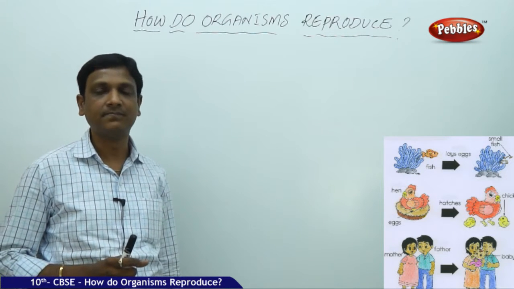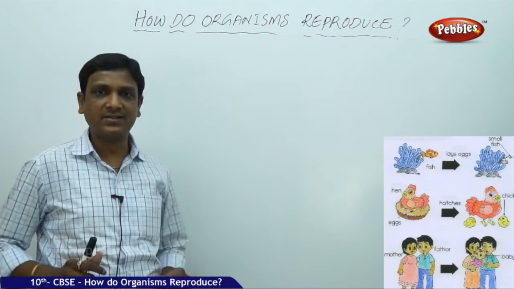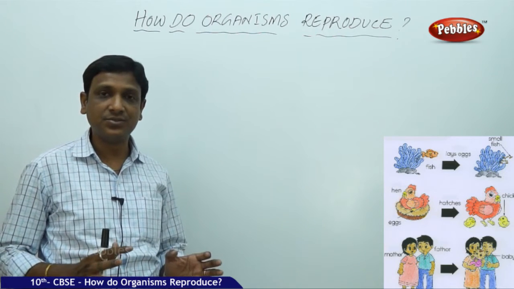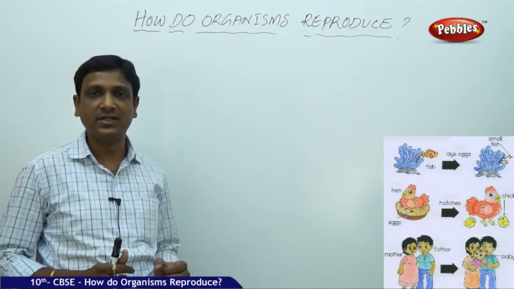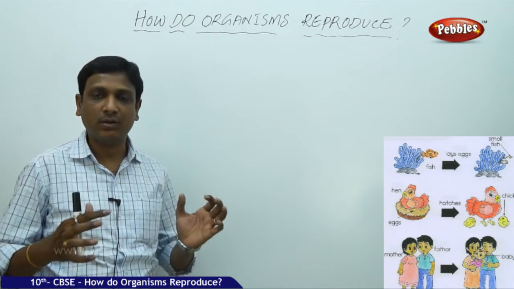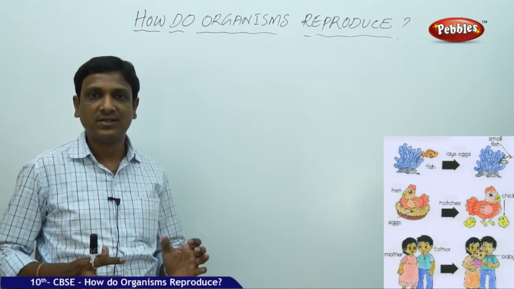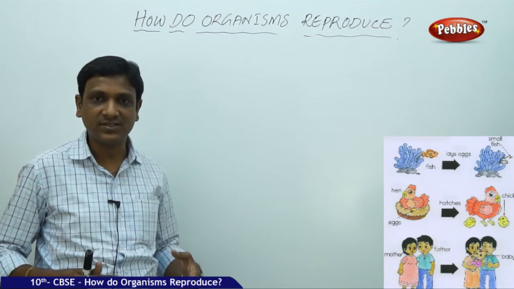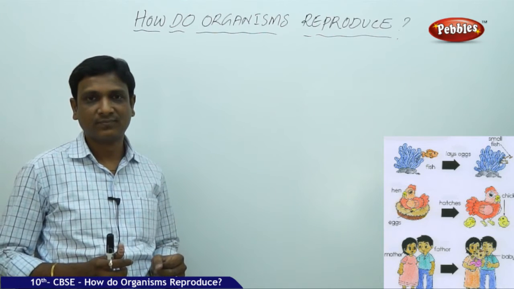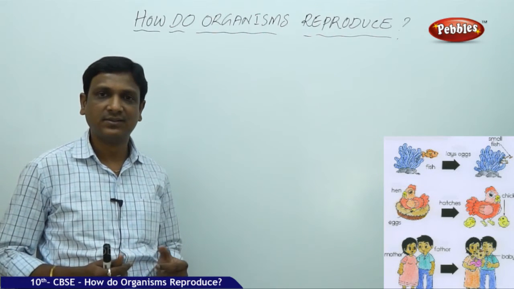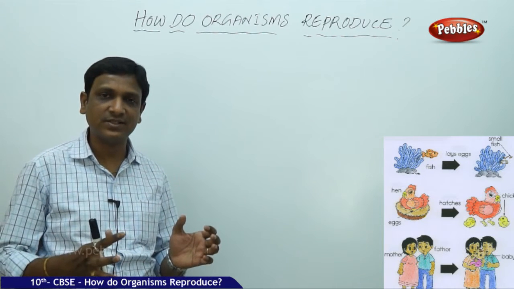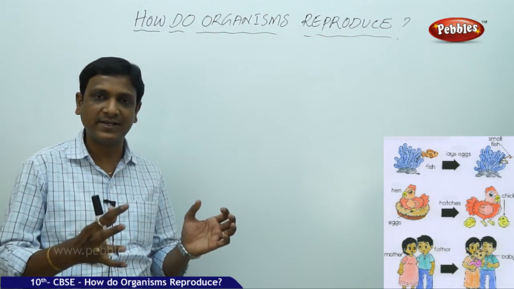What is the need? An organism, to stay alive, has to carry out so many activities. It needs to acquire food, it needs to acquire oxygen and all the basic necessary things. So it has to carry out so many reactions just to live for itself. It's a very difficult task, but every organism does it. It acquires the food, it gets the oxygen, and it lives.